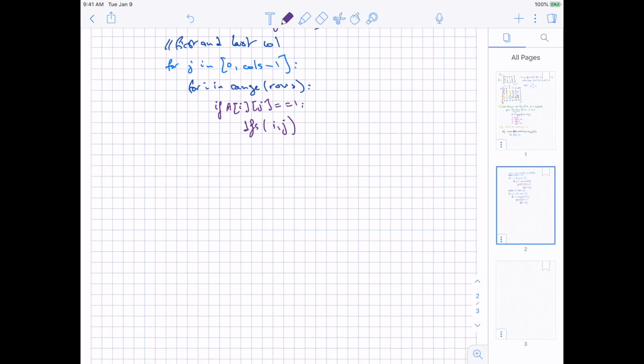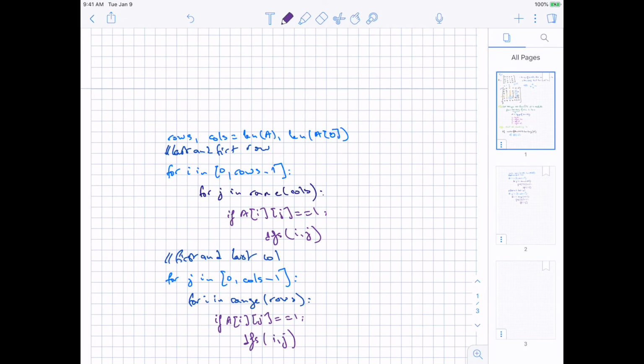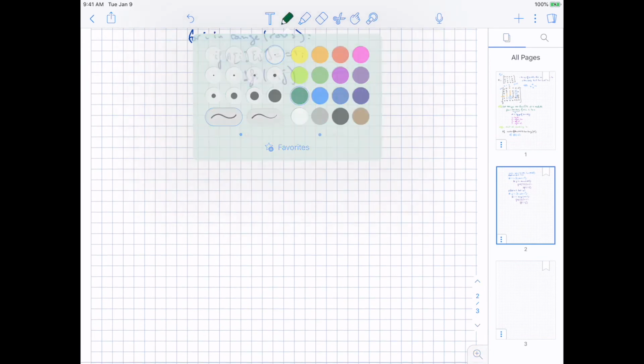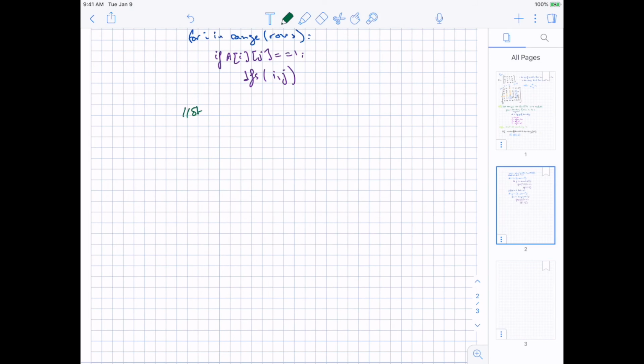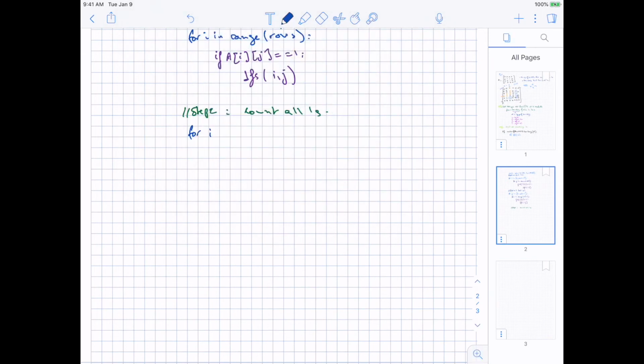We can start counting the number of remaining ones. So this here was step 1, right? Then after that, let's do step 2: count all ones. That would mean we can just go through every cell and just count, right? So that would be for i in range of rows, and for j in range of columns,